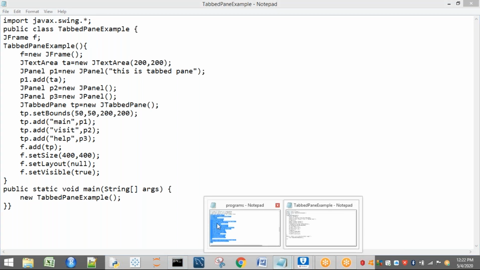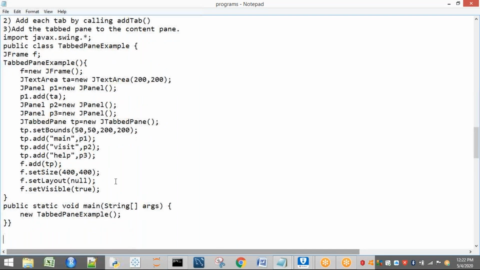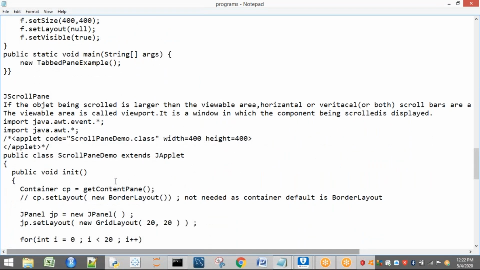Now let us see the next component, that is ScrollPane. Listen carefully. We have already seen the scroll bar in our AWT events. Here it looks the same, but here the pane, as we have already seen, contains some component objects. So if the object is being scrolled, very important, listen. Before examples we can directly explain, but here two or three different objects are going to be involved.